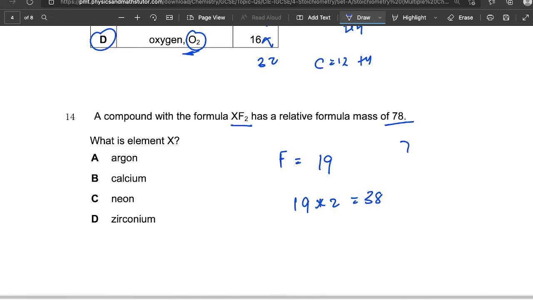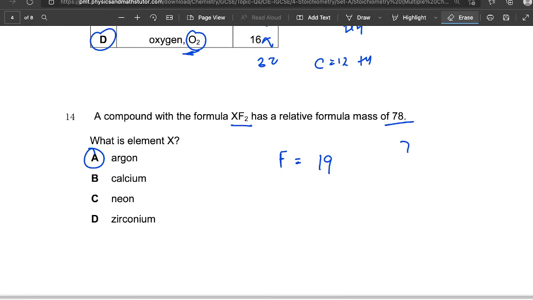Then we do 78 minus 38, which is 40. Then we go to the periodic table and see which one has 40, and you can see argon has the RAM of 40. So the answer, wait, sorry,